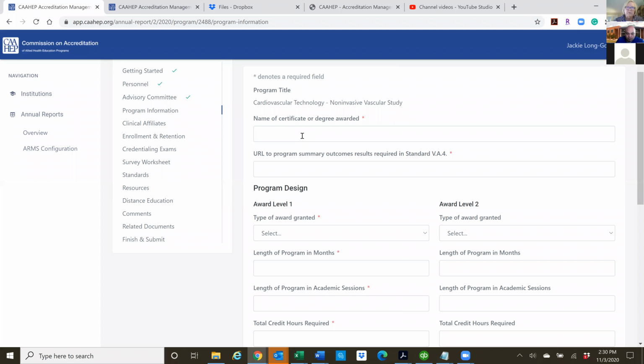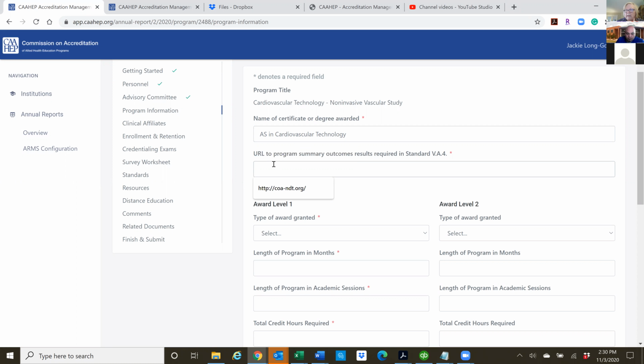So again, you can just go in and choose your certificate and the degree, or the degree that you've awarded. Then here, remember, you used to have to add this in the comment section in the old annual report.